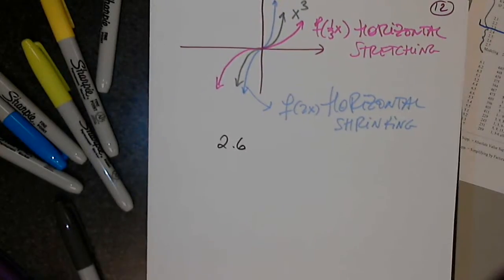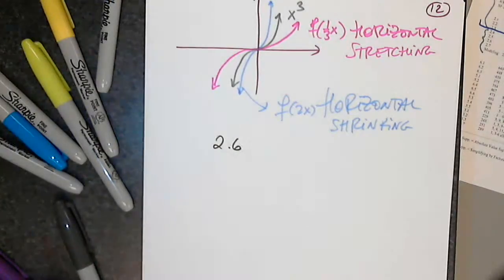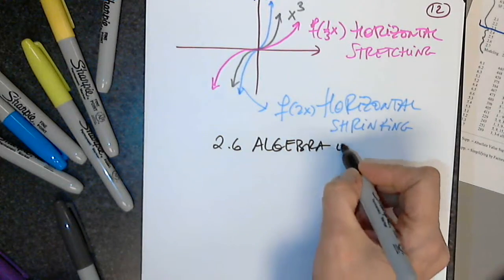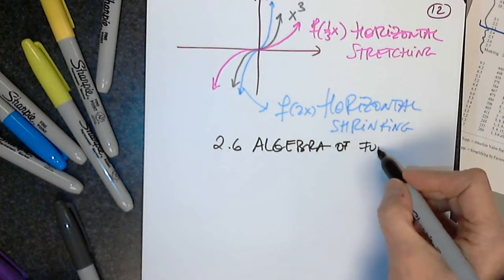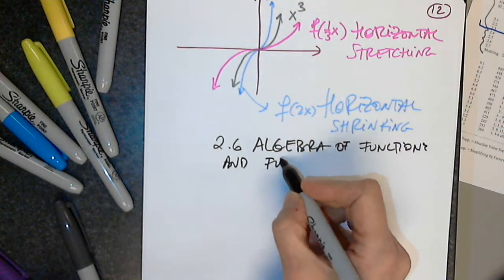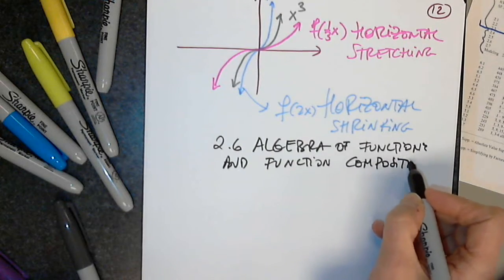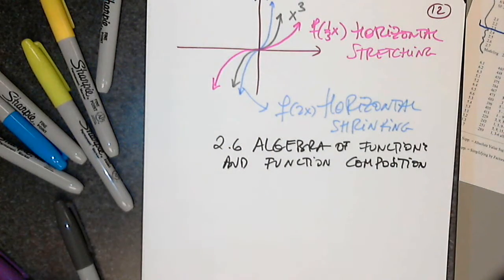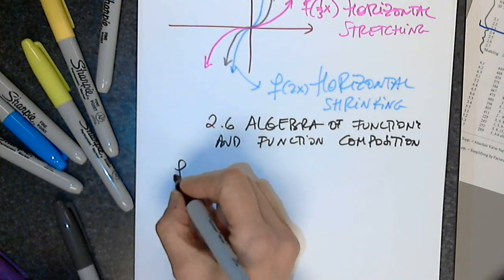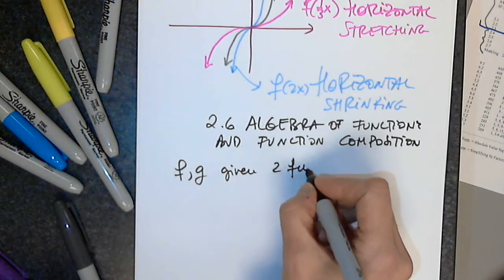2.6. The book calls this combining functions. I would like to call it the algebra of functions, and function composition. If I'm given f and g, given two functions,